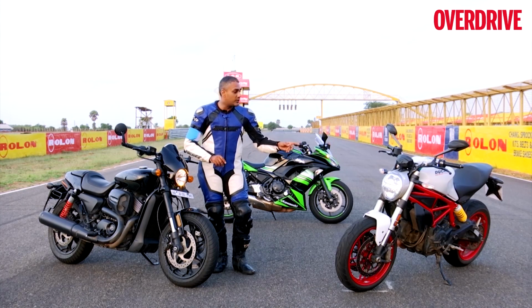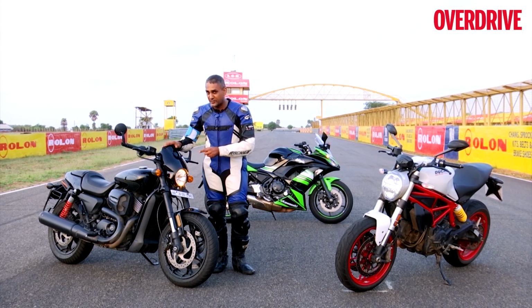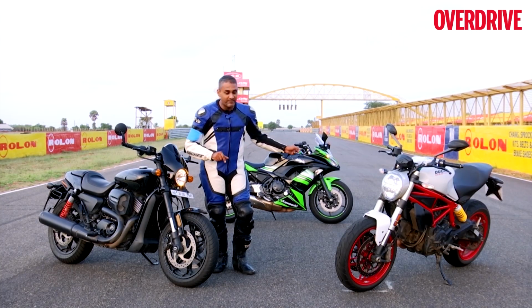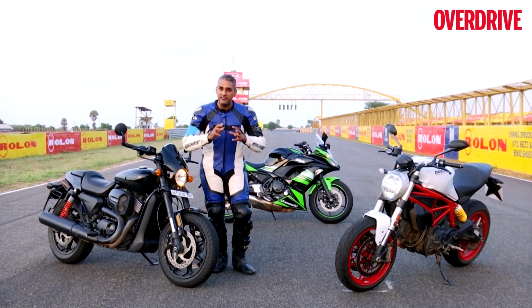That is a 90-degree V-twin, 800cc. This is a, do you know what the angle is? It's not 52 degrees. It's a V-twin. And that is a parallel twin. So the variety here is insane, and we are also going to ride them in the environments where you would